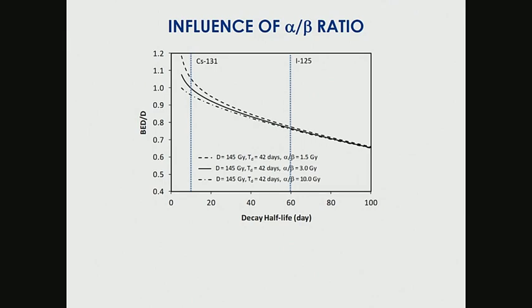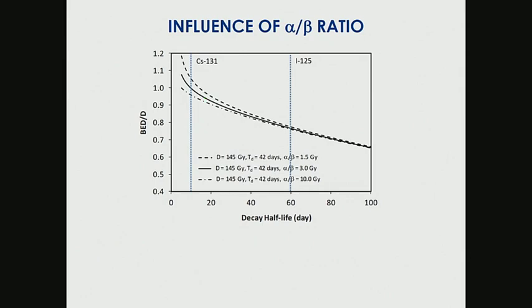Now, because implants deliver continuous low-dose radiation, we're in a sort of extreme hyperfractionated treatment. So if you look at this, the dependence on the alpha-beta ratio is actually relatively small, especially for long-lived isotopes such as iodine-125. However, when you move to short half-life sources, the differences increase. So if we were using